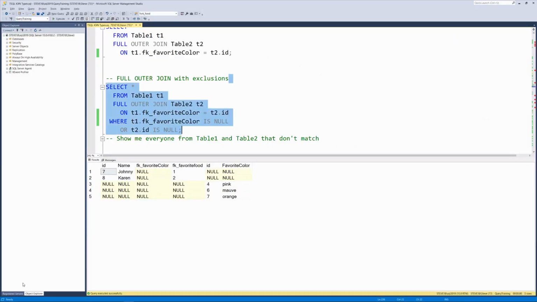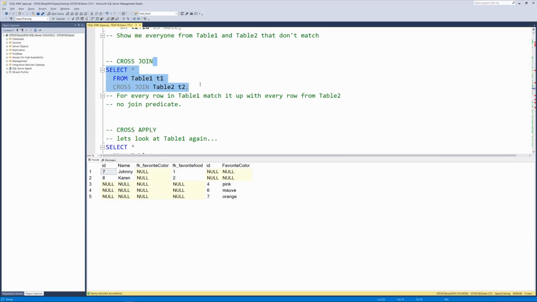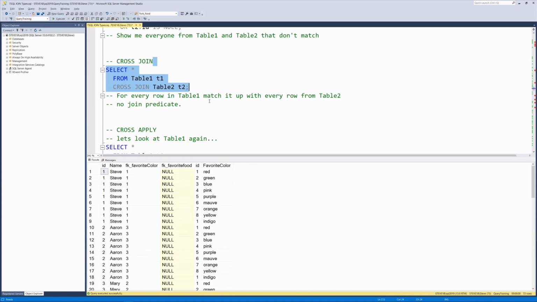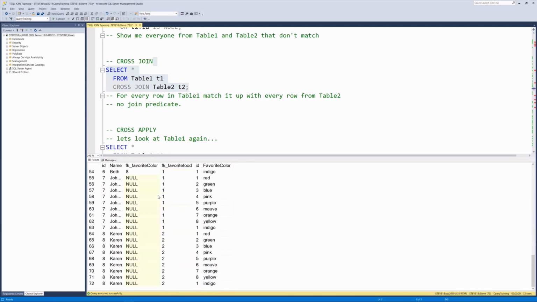So we'll take a look now at the cross join. And I just want to say, be careful with this one, because if you're doing this on big tables, you can get some really gigantic result sets, because it's going to take the number of rows in table 1 multiplied by the number of rows in table 2, and that's how many results you're going to get. So you can see here we got 72 rows because I think we had 8 times 9